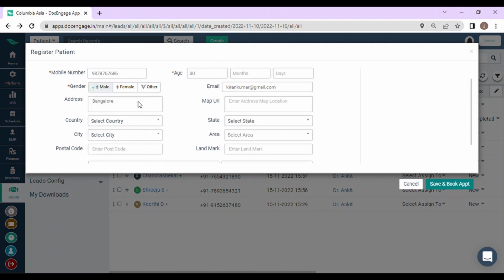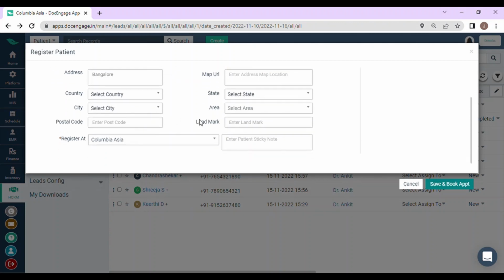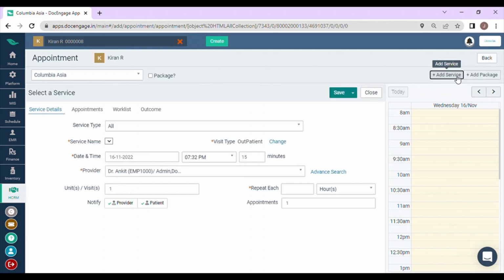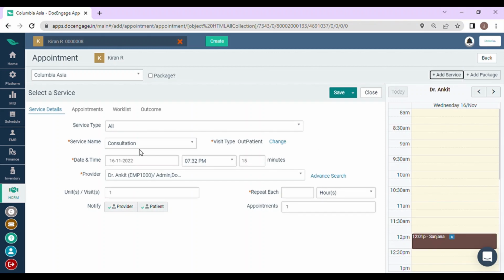The rest of them are optional. I can fill the details or I can directly save and book appointment. I'll just save and book appointment. So this took me into the appointment page. Now we are in the appointment page where I can select the service or package. I'll add one service now, and the service which he asked for is consultation. So I'll be giving appointment for consultation on